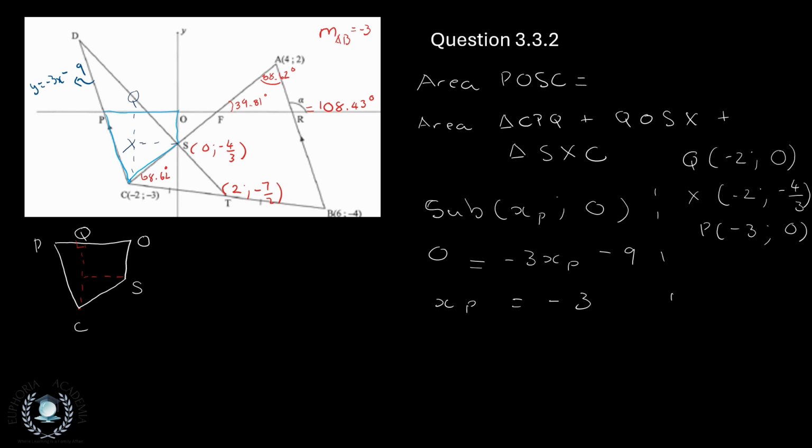Okay, and this distance here from S to X, that distance is actually 2 units. All right, and then yeah, that distance from O to S is 4/3 units. So we have everything that we need. So what we're going to do is just substitute into this formula here our area